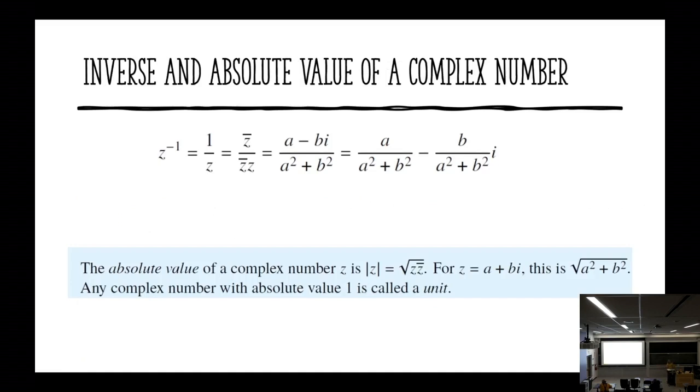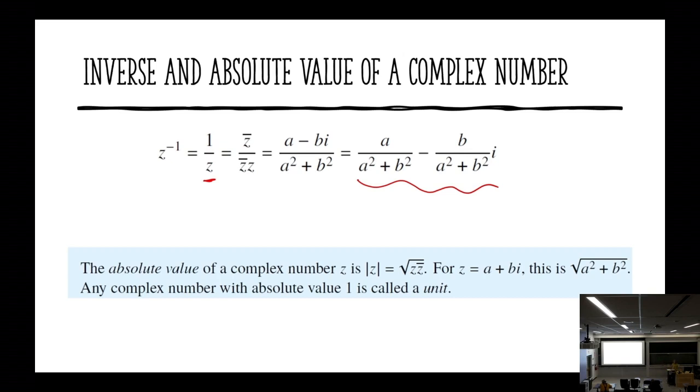All right, the last two little tidbits we need about complex numbers for thinking about qubits are the inverse and the absolute value. So for the inverse, we can use a little trick to figure out a convenient way to express the inverse of a complex number. Instead of just writing it as 1 over a plus bi, we can multiply the numerator and the denominator by the conjugate, and then collect our variables and end up with this expression, which is a divided by a squared plus b squared minus b divided by a squared plus b squared times